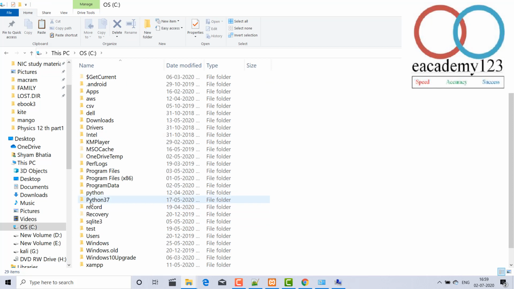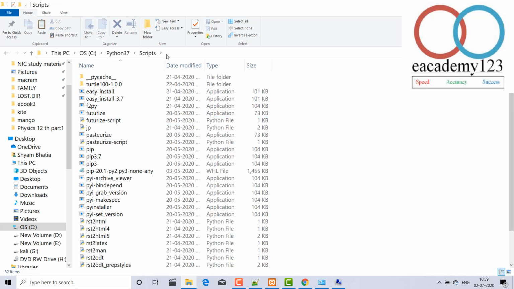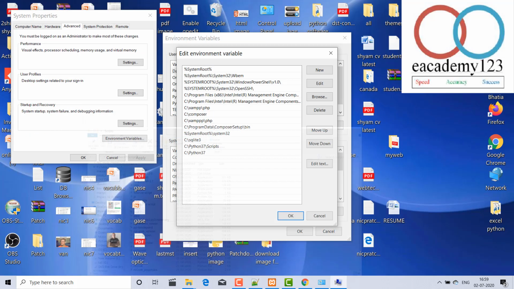In your case it may be AppData, Local, Programs, and so on, and your Python location is that, okay. After taking that Scripts folder, copy that location and paste it here. I have already set this Python37 Scripts, so I will erase it.